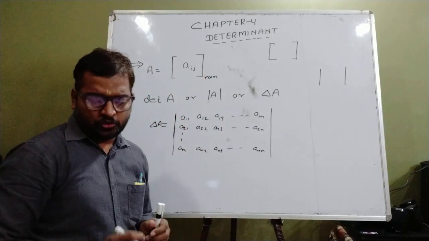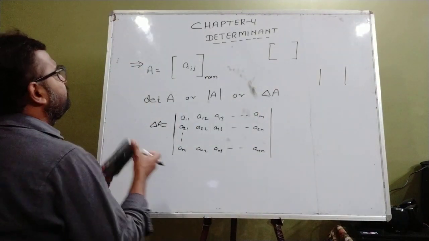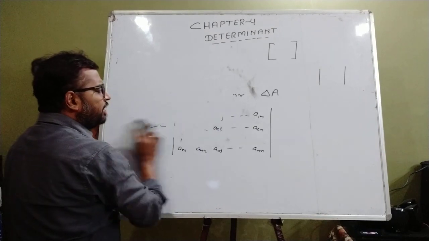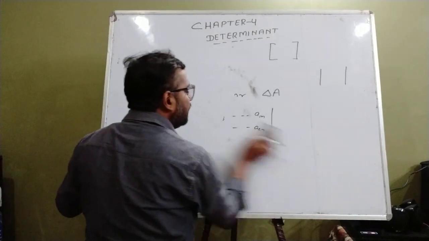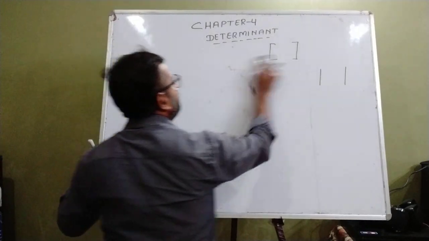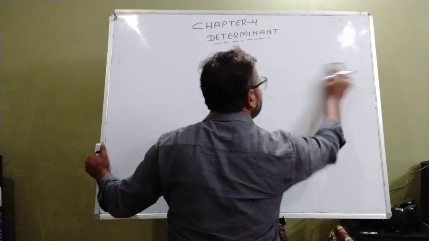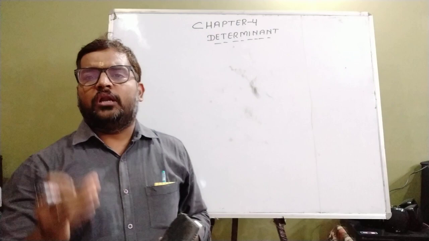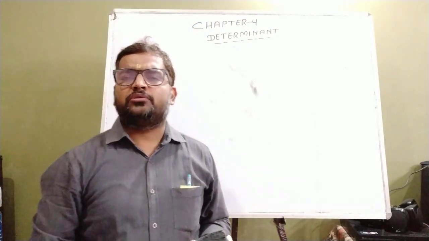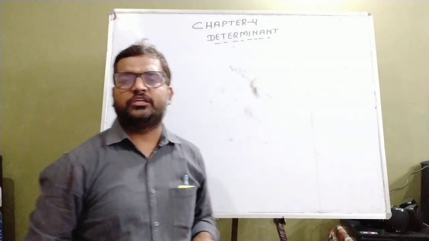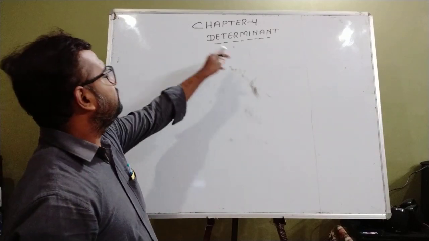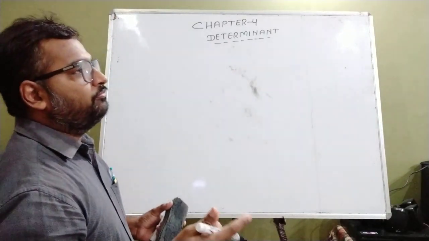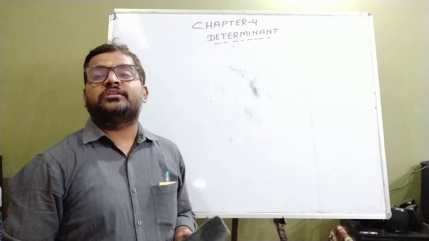Okay, so what can we conclude as the definition of the determinant? It is a number associated to a square matrix. A number or expression associated to a square matrix is said to be the determinant value, and the determinant is represented in this way. Now, how to find the determinant of any square matrix?